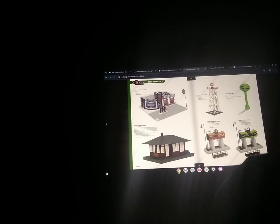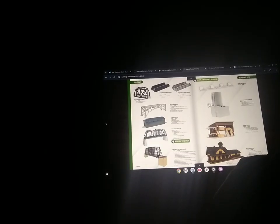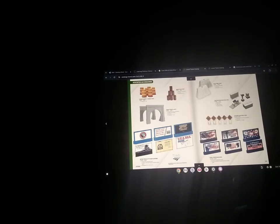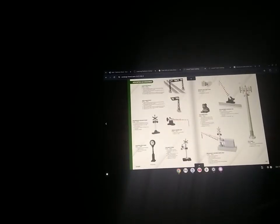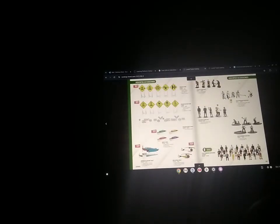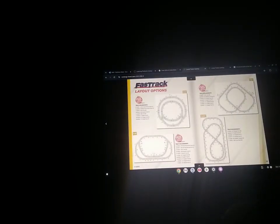water towers and gas stations and passenger stations, some plug-and-play FasTrack sections, some bridges, stations, assorted accessories, tunnel portals, and some more accessories, the cell tower, crossing gate, and some more crossing gates and single entries, some street lights, assorted accessories, FasTrack O gauge. They have the curves and switches and everything, layout options, power and control, Lionel control system, some extras like these smoke fluids and the trucks 2-pack,